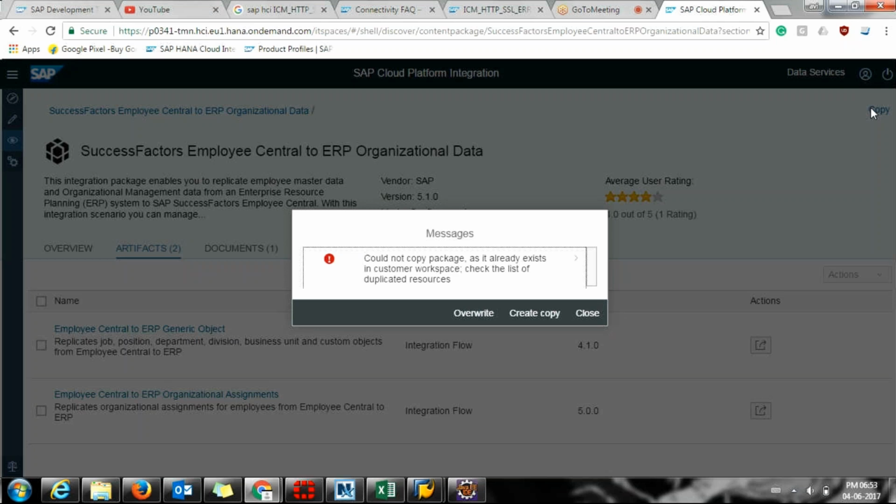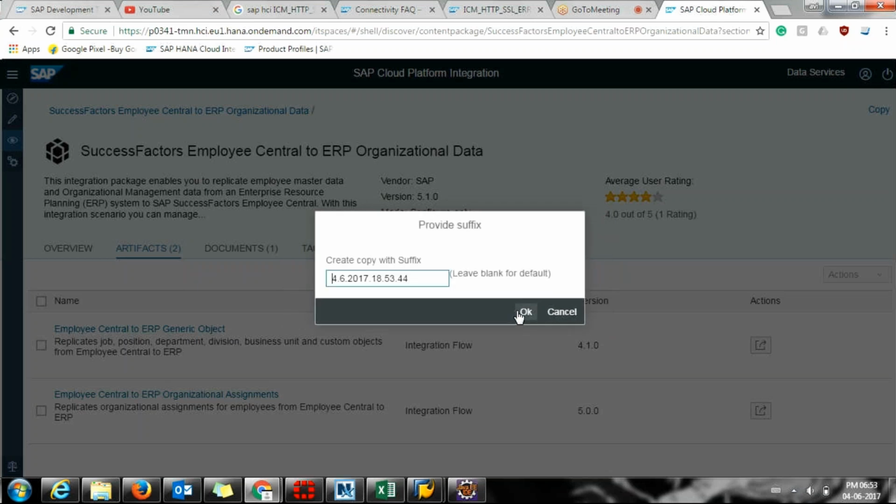Okay, if I click on overwrite, it will overwrite whatever functionality some other people have written in this prepackaged content with my configuration. So never overwrite. Always click on copy, create copy. Once you click on create copy, it will give you an option to add your suffix to that object. So let's say I will keep this suffix